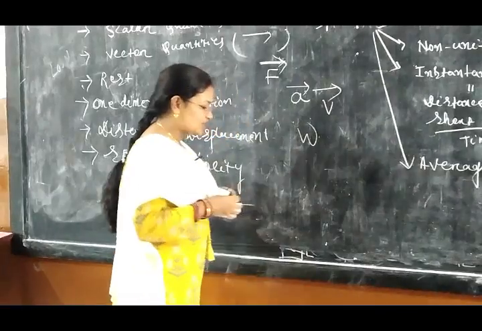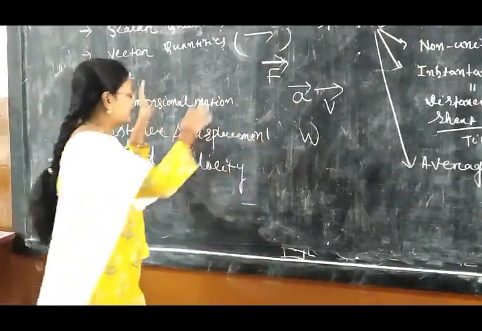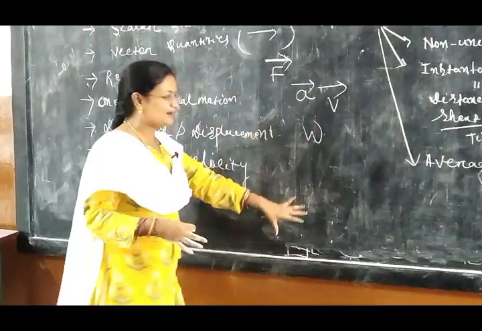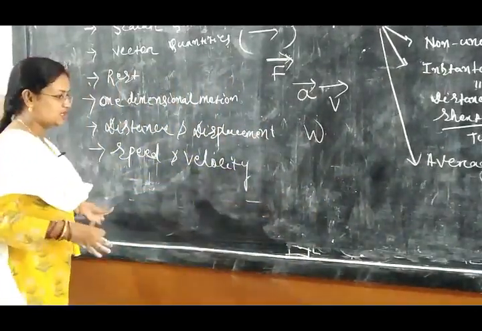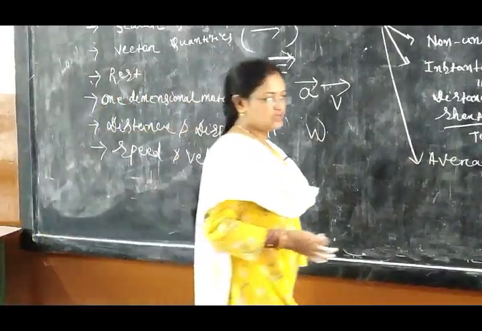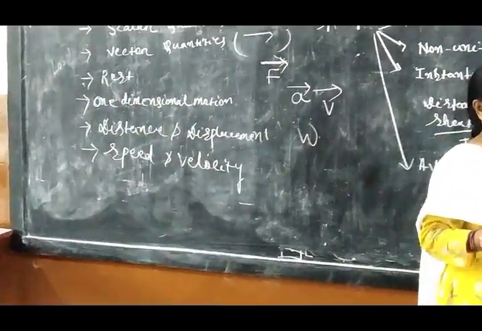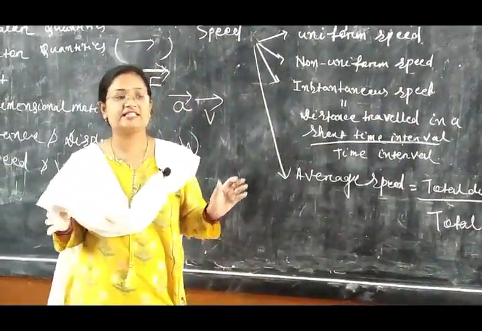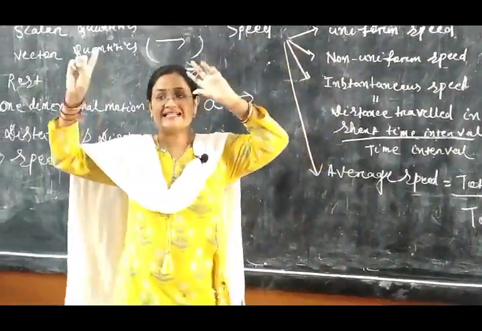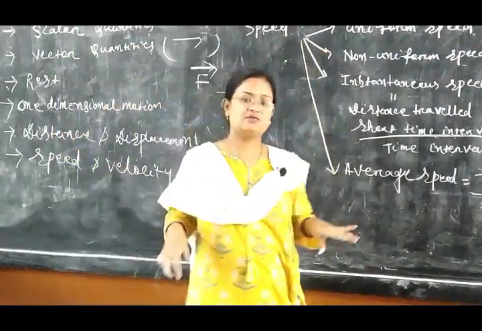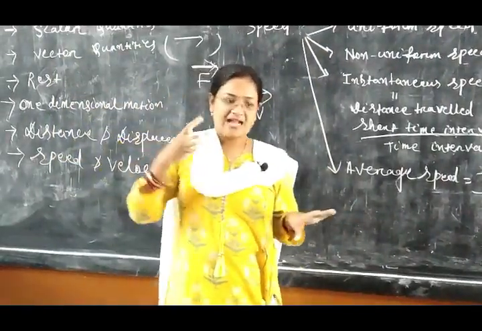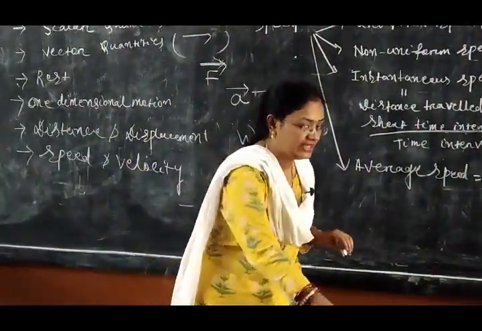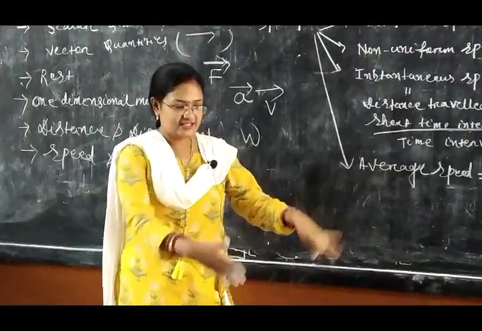What is two dimensional motion? Suppose I am writing something on this blackboard. This blackboard is a plane, that is your 2 dimensions. That is 2 dimensional motion. And 3 dimensional motion means 3 axes, that is x, y and z. 3 axes are there. For example, a kite is flying. That kite motion is 3 dimensional motion. And for 2 dimensional motion, suppose one insect is moving here and curling, this is your plane.